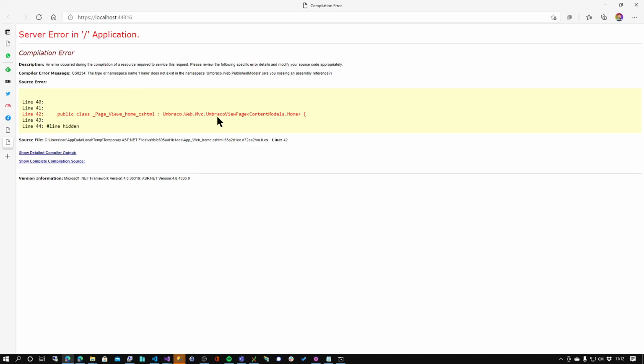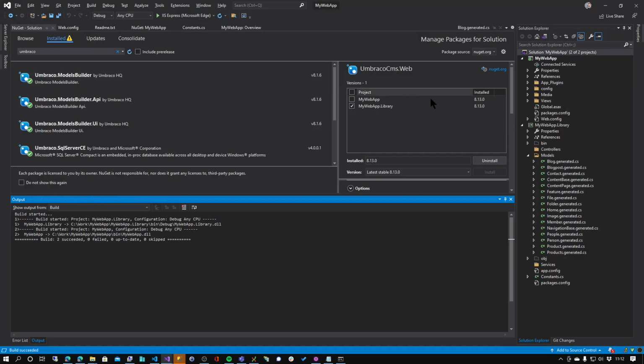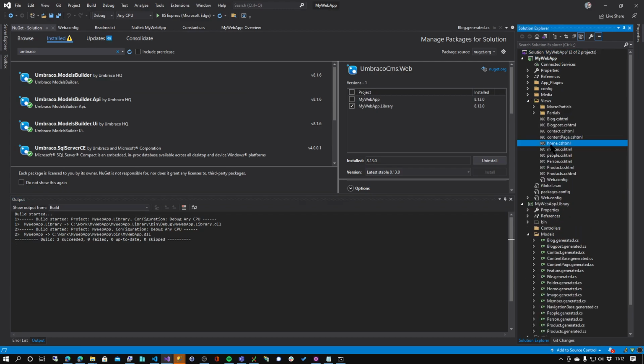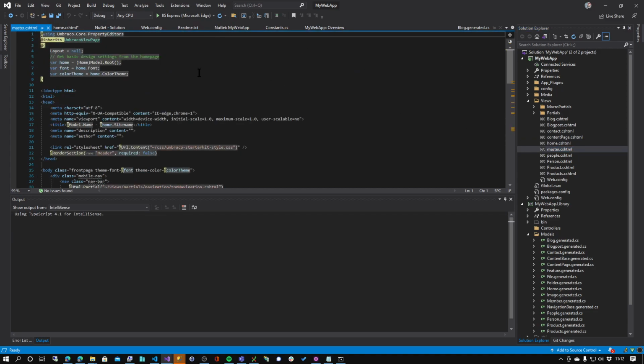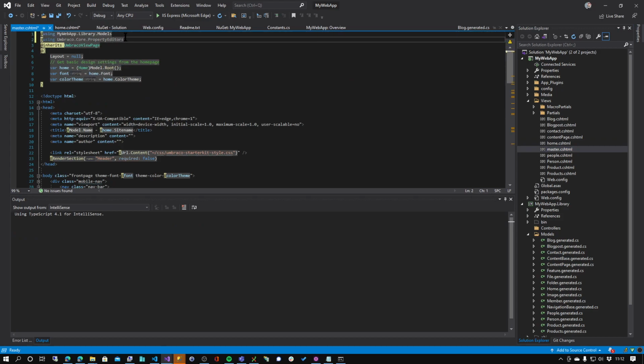There will still be a problem. And the problem is going to be that the sample site references the models from the wrong namespace. It's going to be expecting them from content models home, but that is no longer where they are, because if you recall, I changed the namespace for that. So if we get rid of that, we reference it from the namespace that I created, which is my web app library models home. There's going to be one more to change because the sample also uses it here, so I just need to include that using statement. Now that I've done that,